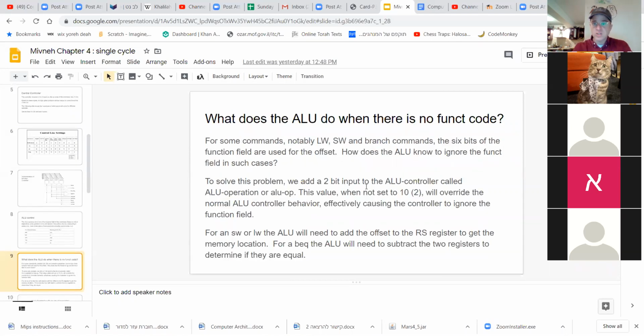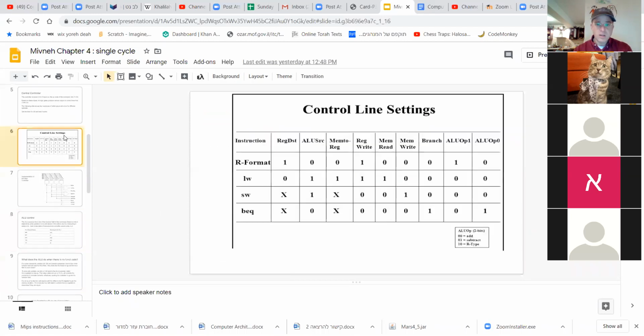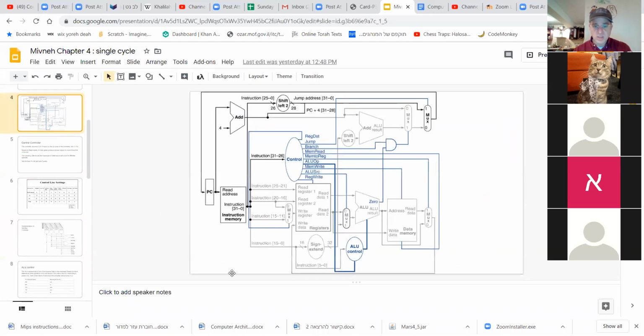What does the ALU do when there is no function code? If it's an R type, what I explained is that he gets this function code here, this instruction bits 0 to 5, which is 6 bits. That tells him what to do. What if it isn't an R type? Well, then as I said,